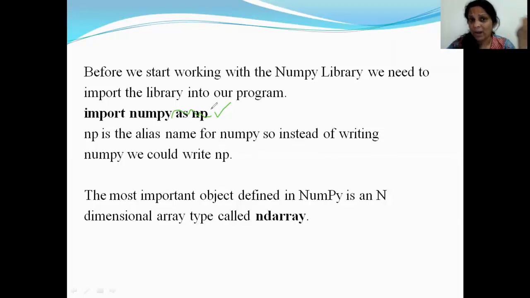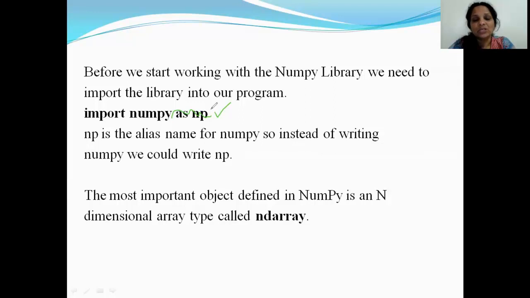But do you remember when we had to call the sqrt function or the pow function, we had to write math.sqrt, M-A-T-H. If I had imported math in my program as import math as m, what does that mean? m is another name for math, and instead of writing math everywhere, I could write m.